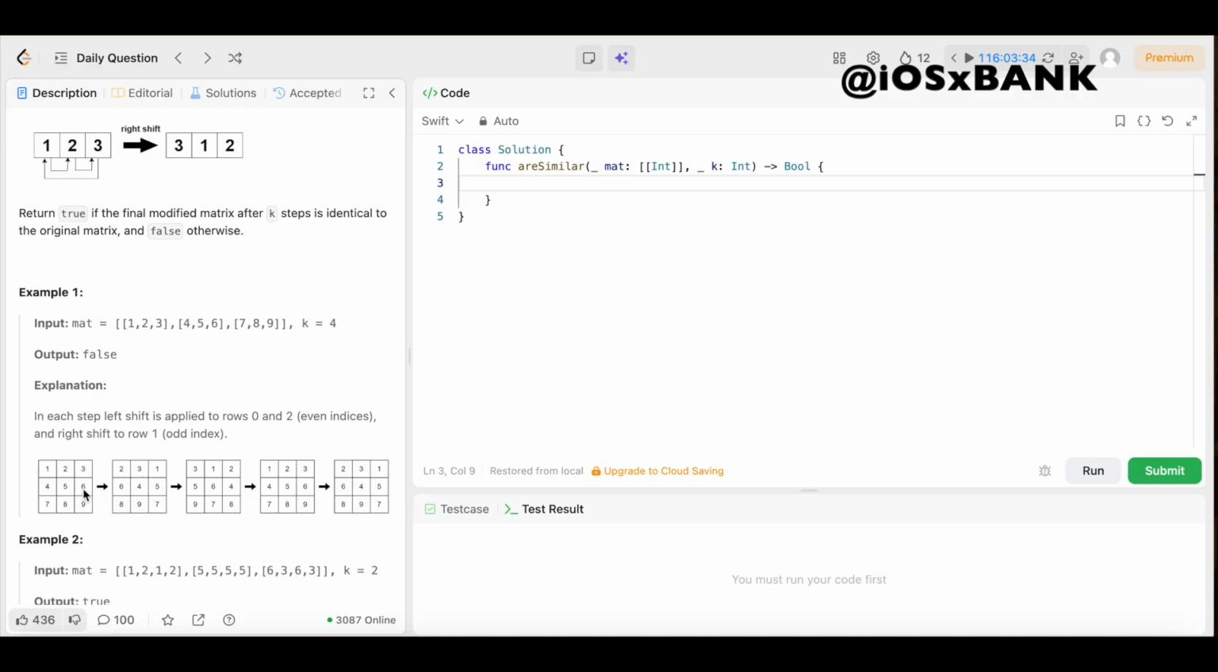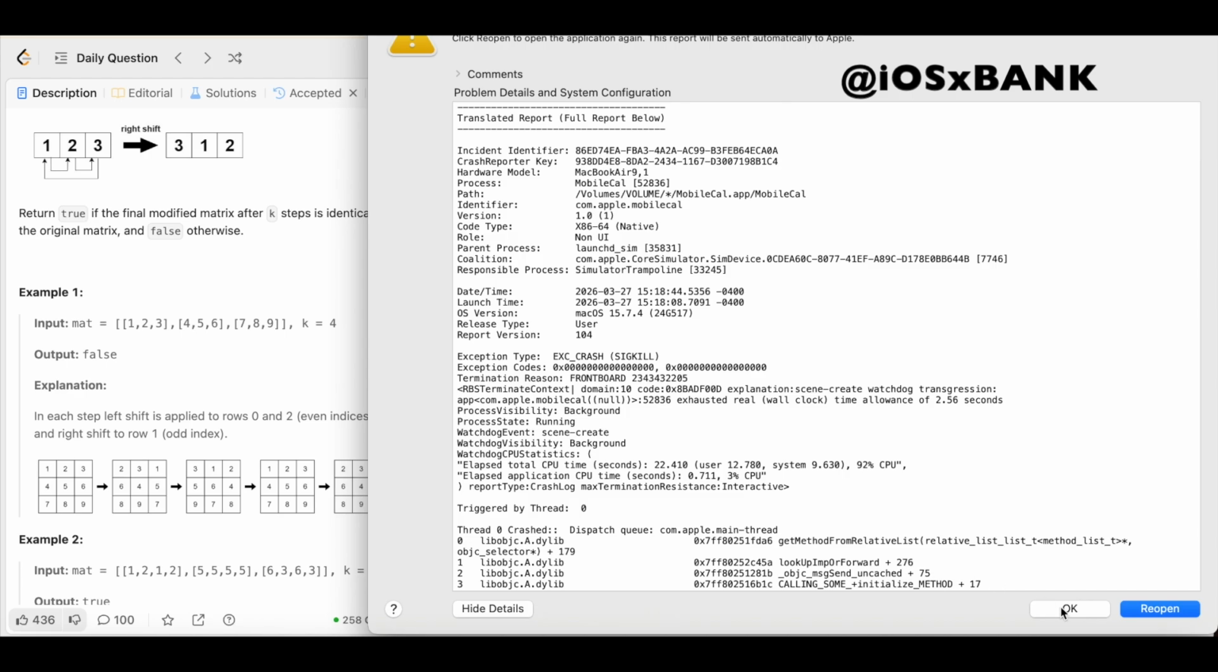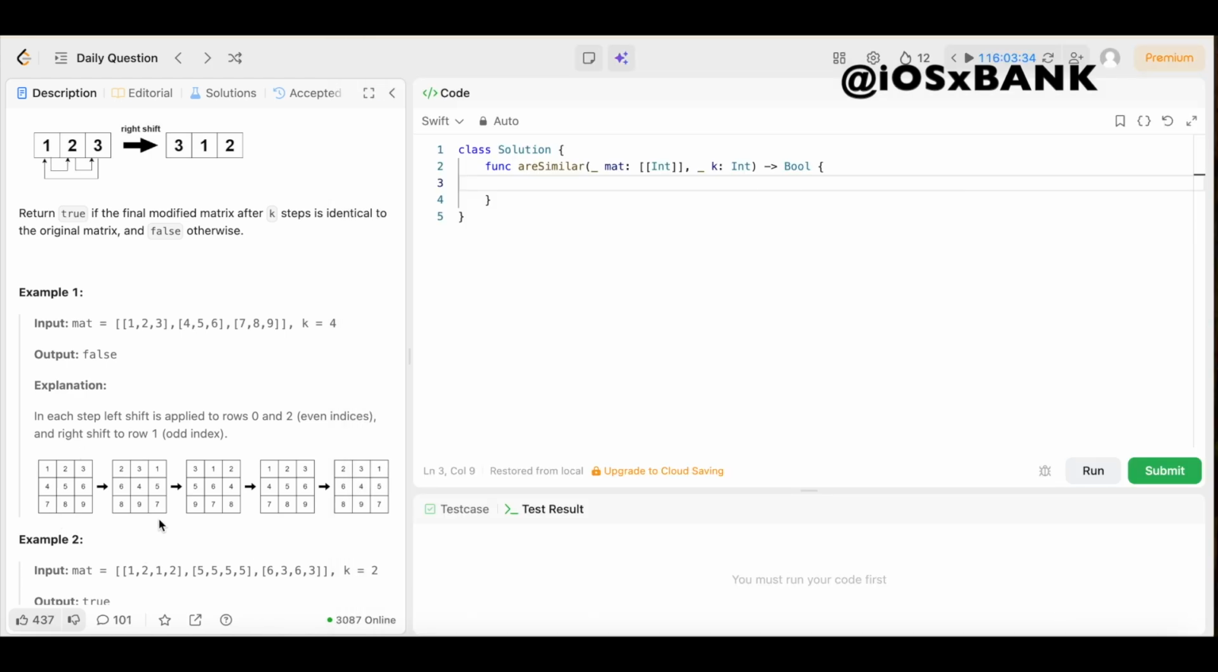So this 5 goes here. The 4 goes here, and then the 6 wraps around, boom, here, and then this bottom row goes to the left again. So once again, the 9 moves here, the 8 moves here, sorry y'all, and the 7 moves around like this, boom. So that was the first shift, but now we have to do 3 more shifts because k